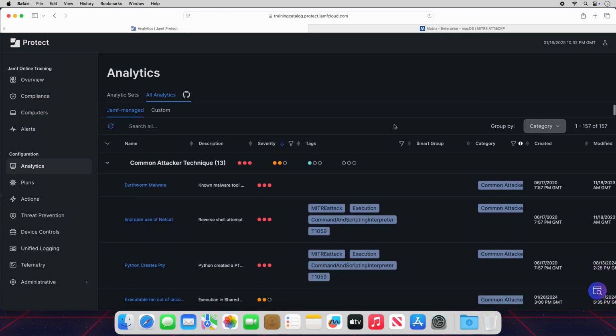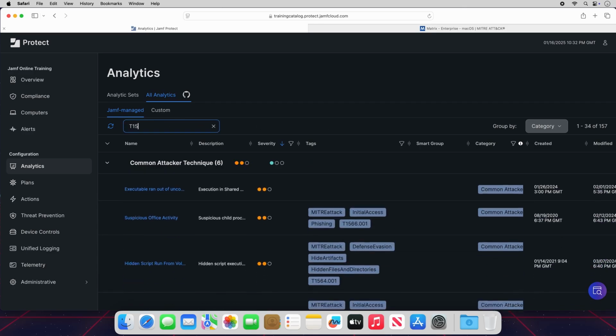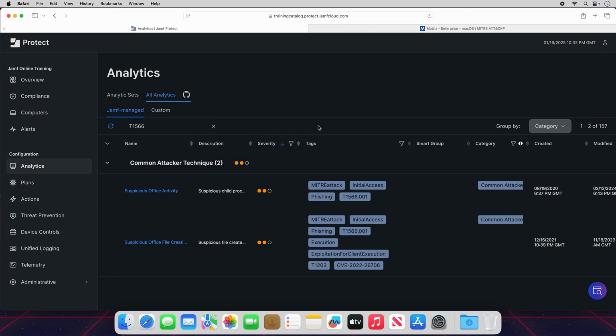Here we can see the name of each analytic, as well as its description, severity rating, and tags for organization. At a glance, several of these are tagged with MITRE ATT&CK and even display the technique ID just as we saw in the MITRE ATT&CK matrix. We recall from the matrix that the ID for phishing is T1566, so let's enter that in the search field at the top of this list. This brings up two analytics that are tied to this technique: suspicious office activity and suspicious office file creation. Each of these is tagged with a subtechnique from phishing,